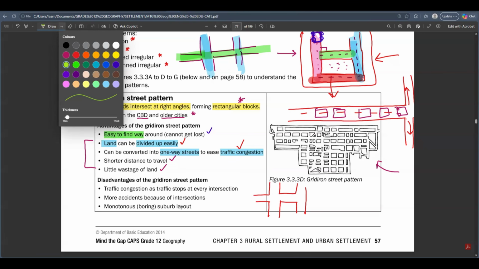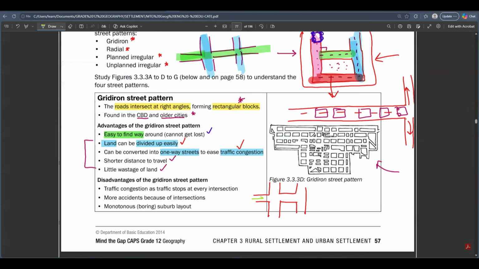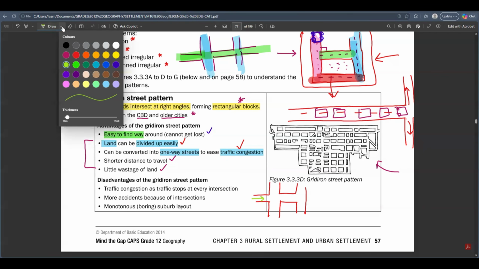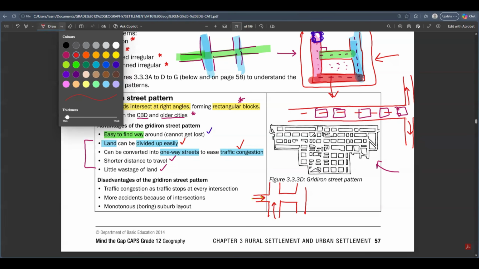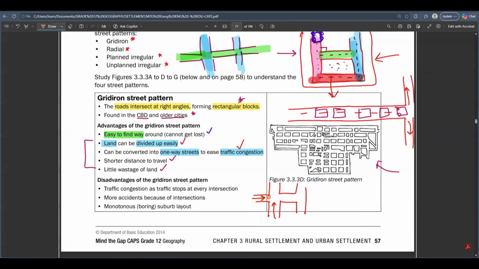If we put traffic lights here at each and every intersection, because if we have cars coming from this direction and other cars coming from the other direction, we've got two cars coming from different directions. We don't want them to collide into each other. There's a chance of having more accidents if something like that happens. So what do we do? We put traffic lights here to stop the traffic from that side from flowing, so that these ones can continue to move. I'm sure you guys know what the traffic lights do.